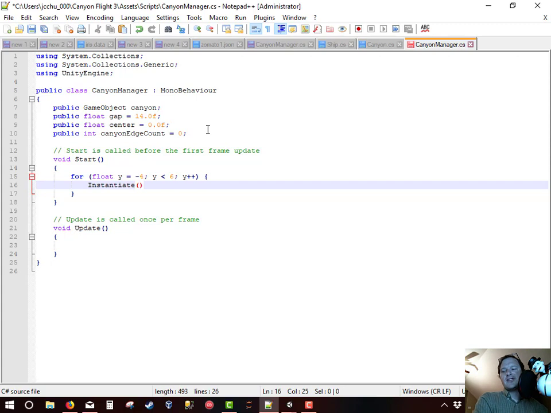There are 4 parameters that you need to know for instantiate. The first one is, what are you cloning? So we're going to create a canyon piece. The second parameter is, where are you going to put it? So we're going to do a new Vector3,